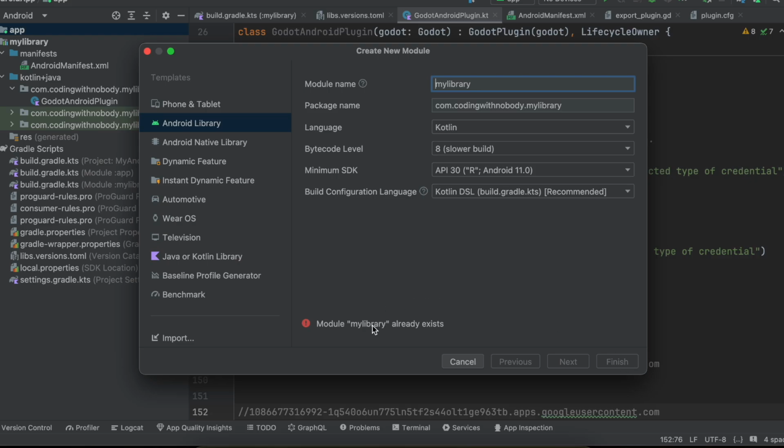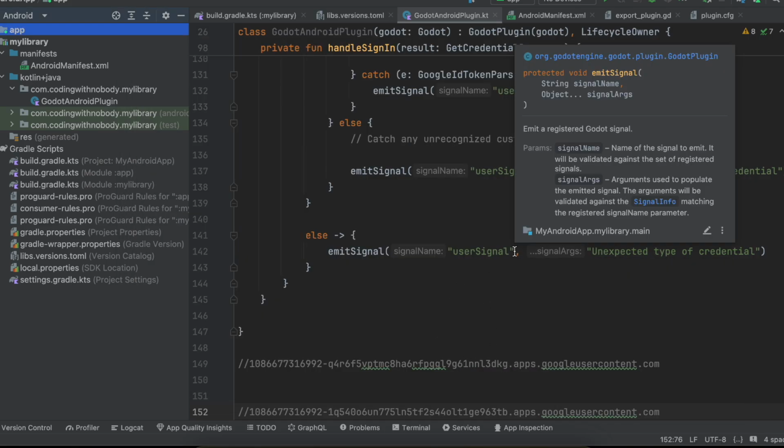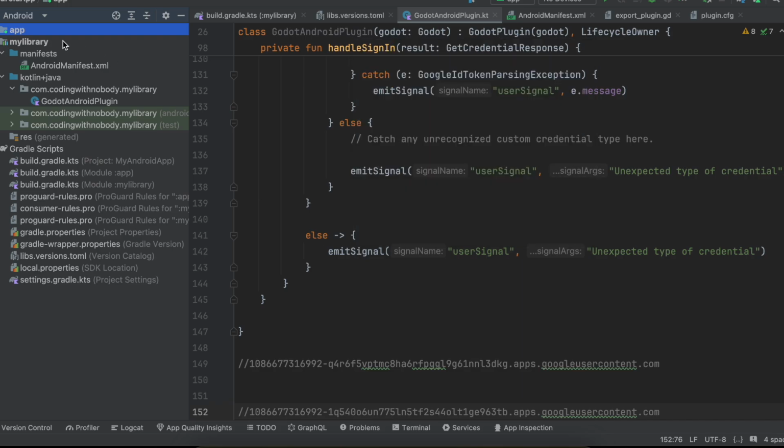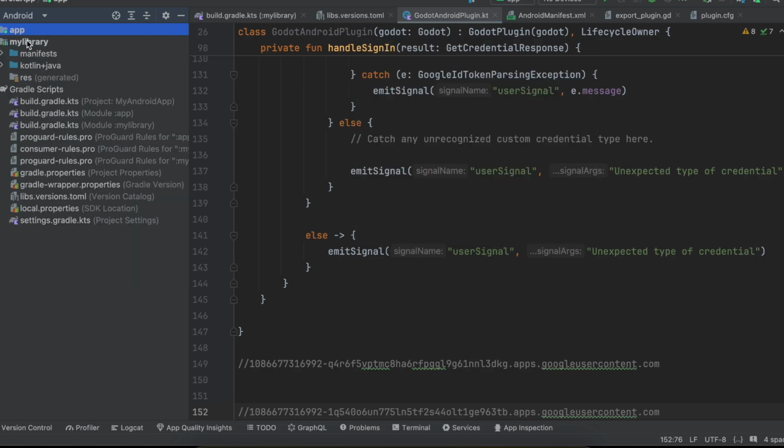I already have created this, that's why it is not allowing me to create one more. So you can just click on finish. Now the Gradle sync might take a little bit of time, so be patient. Once everything is completed, you should see a my library, or whatever name you have given, a folder like this. So once that is done, firstly you will have to open this